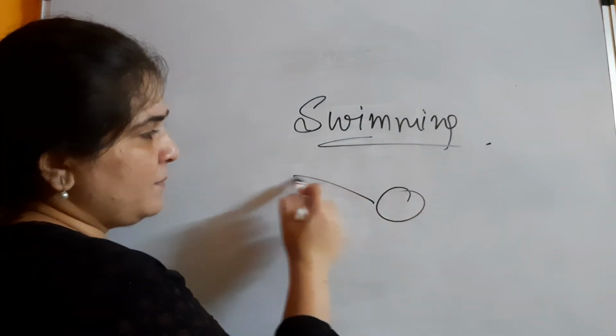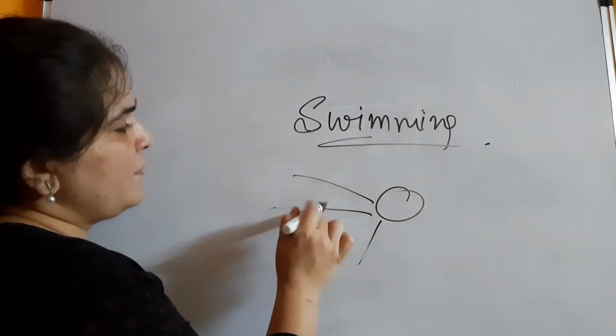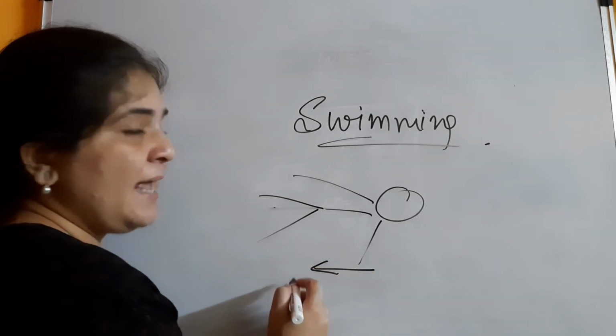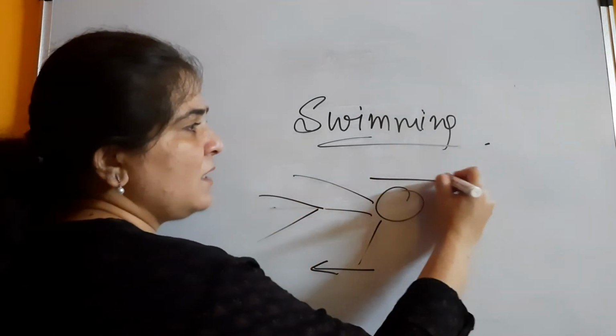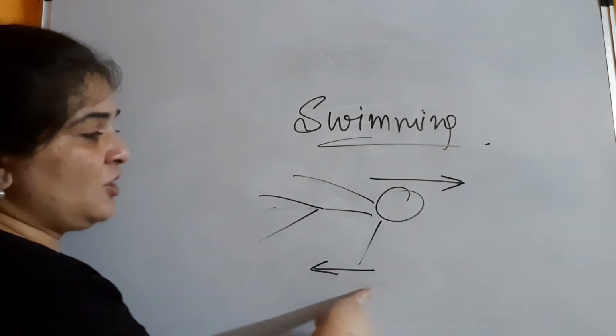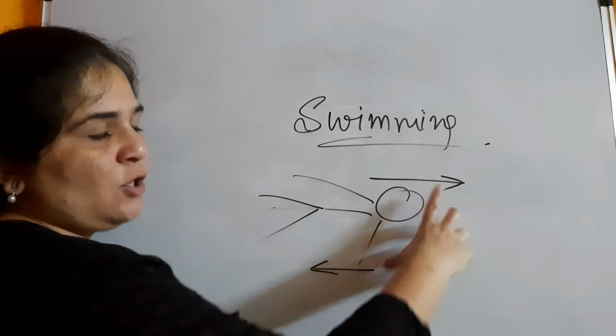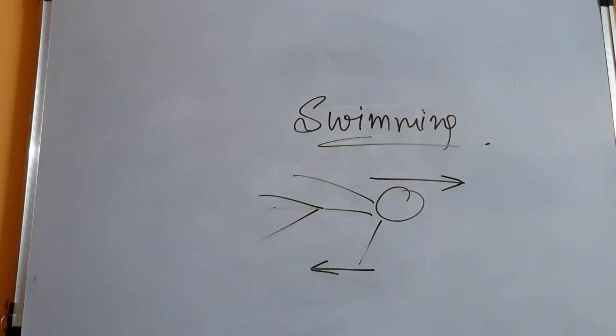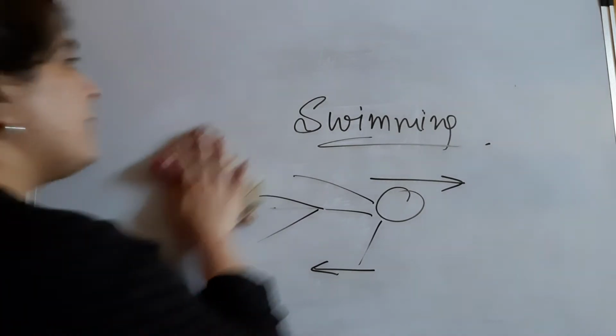When a person swims, what does the person actually do? The person pushes the water in the backward direction, and in turn what happens? The person moves ahead. Okay, again Newton's third law: action and reaction are equal and opposite. See, the directions are opposite over here. Okay, now one more example, again a very common example,